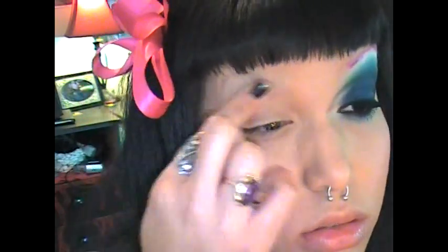An Urban Decay Primer Potion all over my eye. And I'm going to put it on my eyebrow, because I'm going to be trying to cover it up a little bit. I didn't do too good of a job, but...